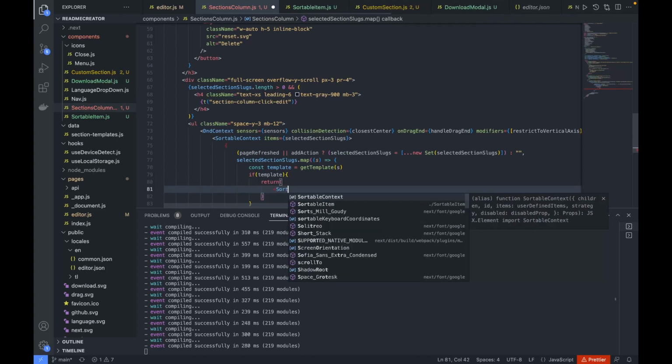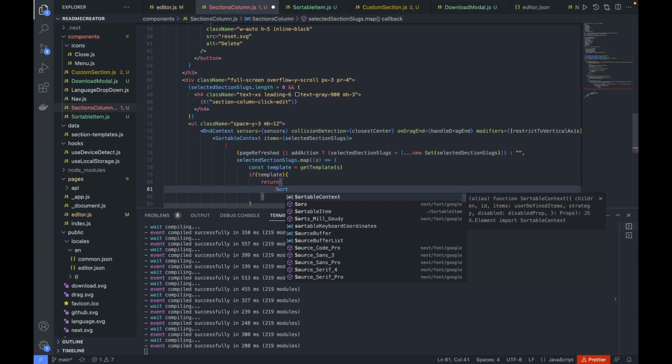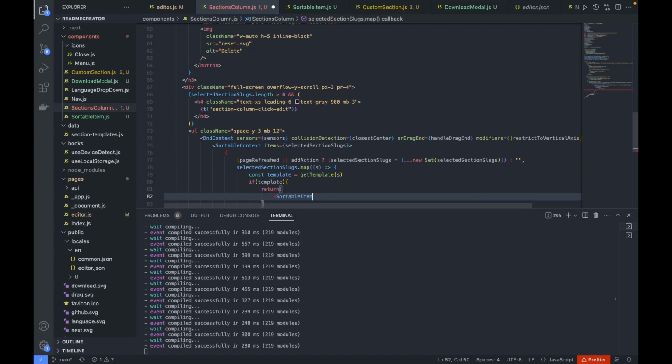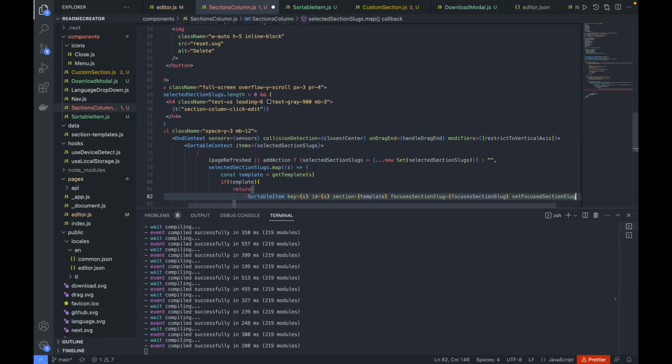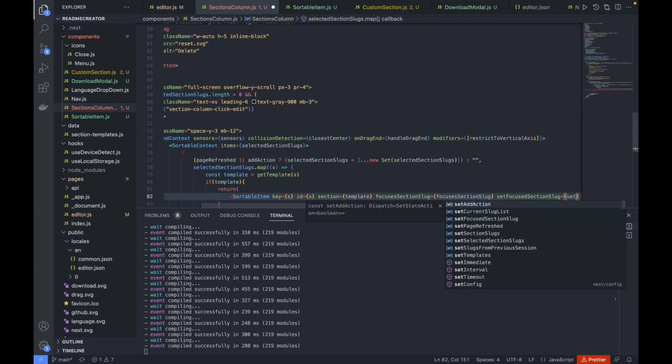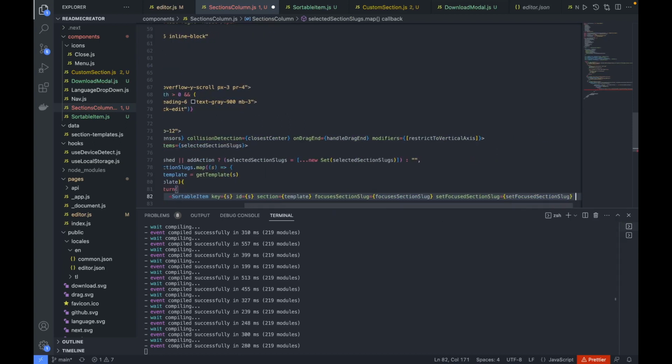So this is the sortable item, and the key I will pass as the slug, and the id as well I'll make as the slug. Also for section I will pass the template, and focused section slug I will pass focused section slug, and set focused section slug I'll pass set focused section slug, and on delete section